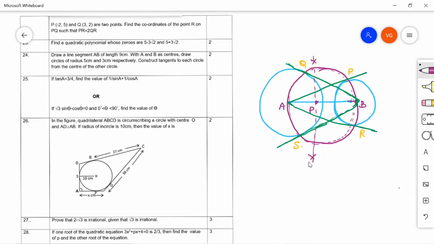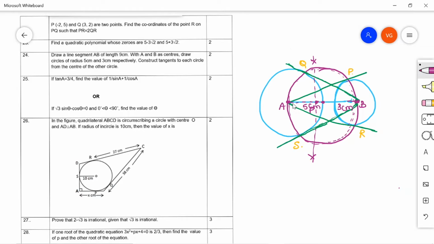So see here, this circle I have drawn, the big circle, the blue color one, I have drawn with the center A with radius 5 centimeter as they have given. See this from here to here, this part, this is of 5 centimeter radius. Then again another blue circle, the small one with blue sketch I have drawn, right? So this is of 3 centimeter. And the total distance from A to B is 9 centimeter, they have given. So that's why this 1 centimeter gap is there between the two circles.